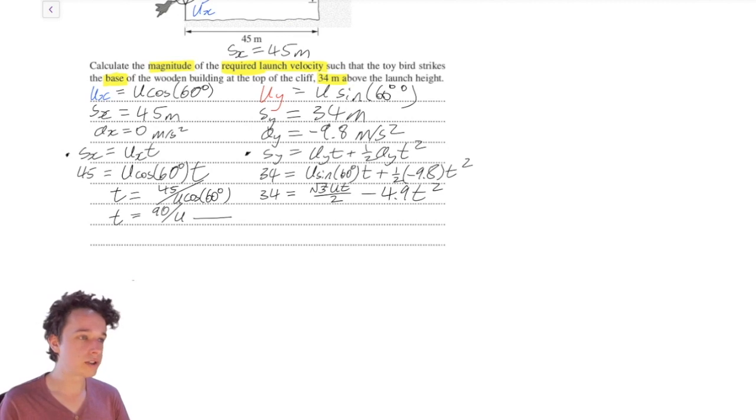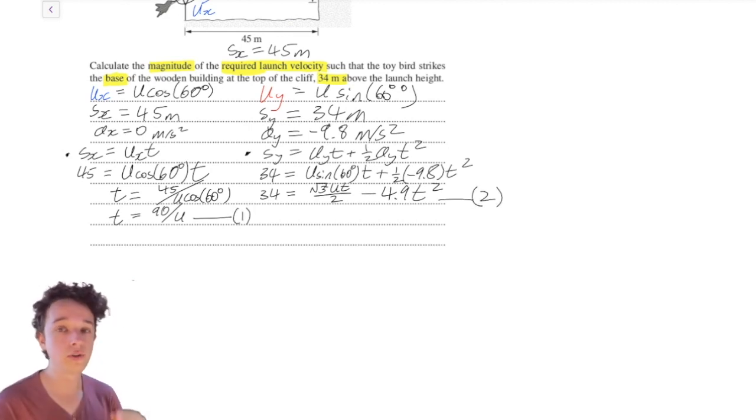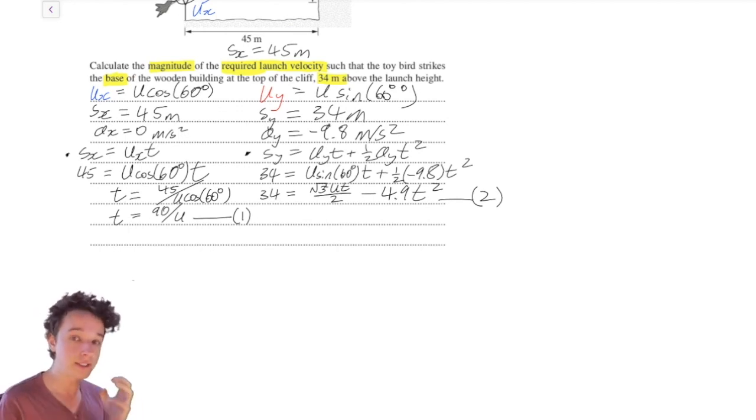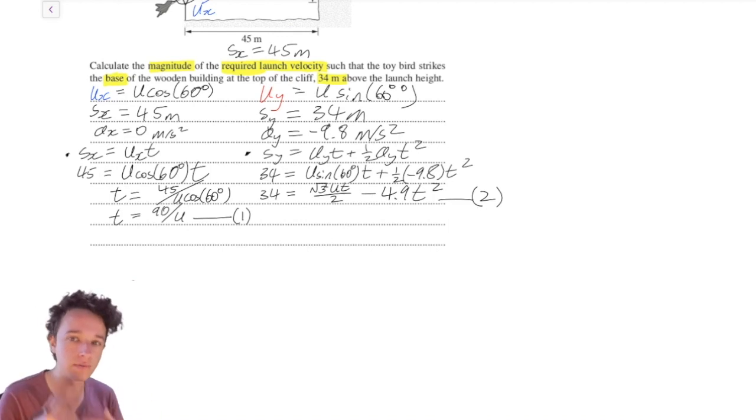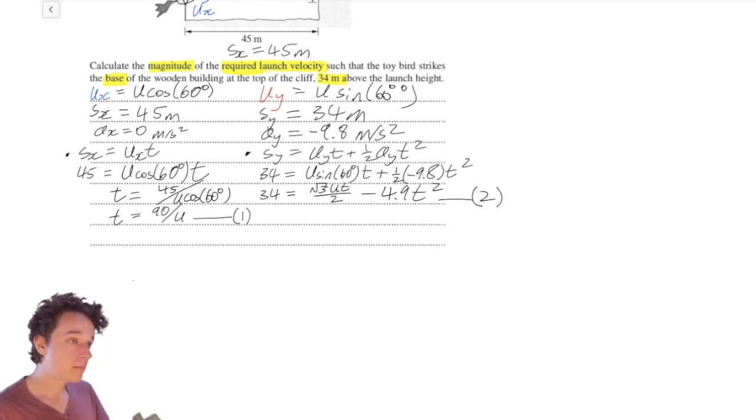And so I'm going to call this equation 1 and this equation 2. And what I'm going to do is substitute equation 1 in its entirety into equation 2 and then rearrange for u. Because what's going to happen is the t's in the second equation are going to be expressed in terms of u. So we're not going to have any t variables left, and u is the variable that we are trying to find. So solving simultaneously